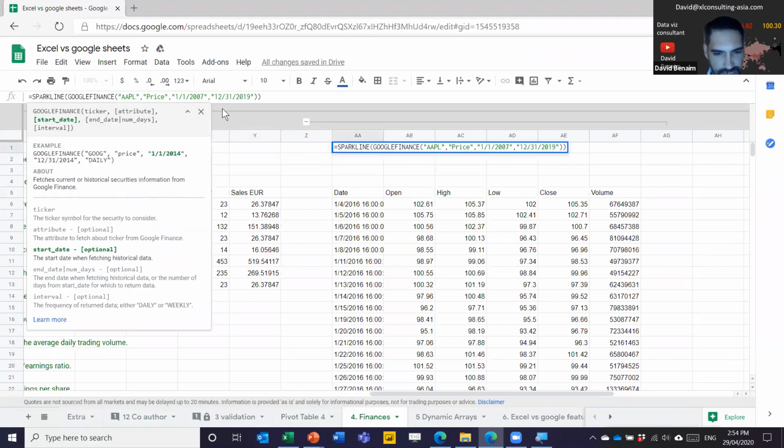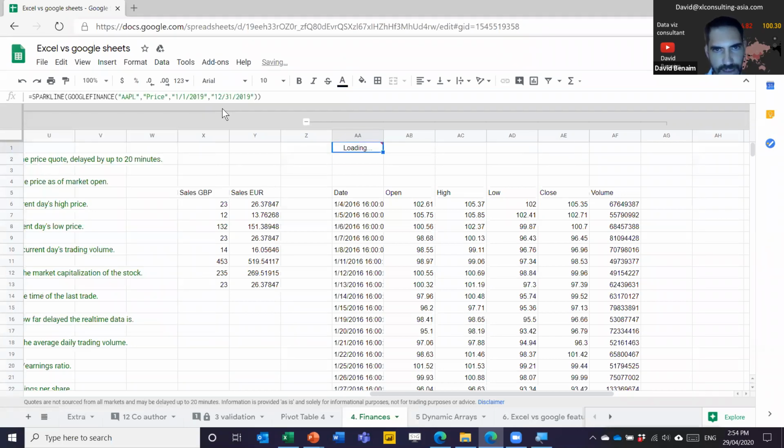Let me change, for example, to be 2019 till the end of the year. And then you can see it's going to load that up in a trend line here. So this is another really cool feature. And because Sparkline in Google is in a formula, you can do that in this way as well.